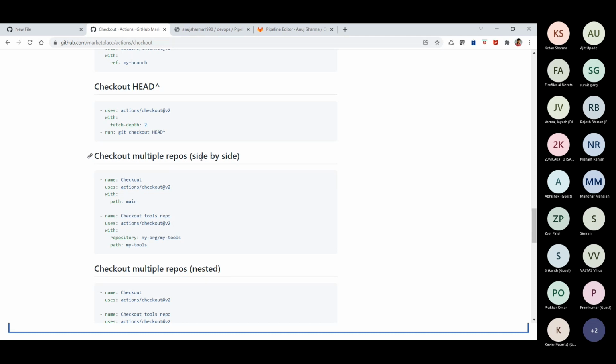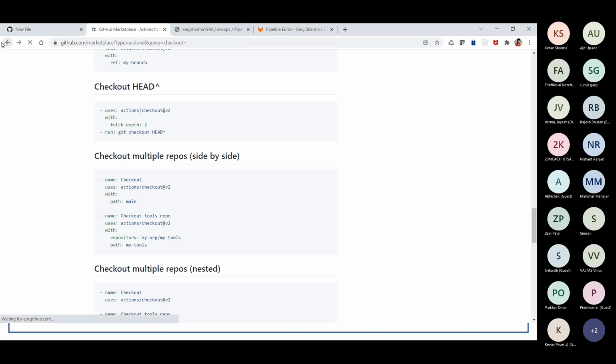It's going to be very good because, like I told you, GitHub Action is not a generic tool. It's something provided by GitHub. So they give you very good documentation so that you will be able to go and perform the activity on this. That's the real purpose why they are providing this marketplace here.